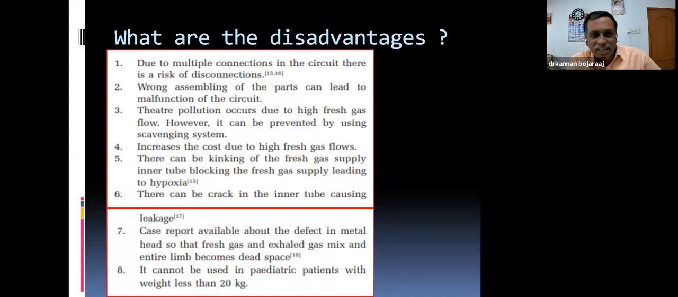And there is kinking, already told; an inner block leads to hypoxemia and hypercarbia. And any mild crack or gas leakage, we cannot point it out. That is possible in the coaxial system arrangement. And there are some case reports. And it cannot be used in pediatric patients with less than 20 kg. The Bain circuit under 20 kg is not ideal. Why can we not use this in